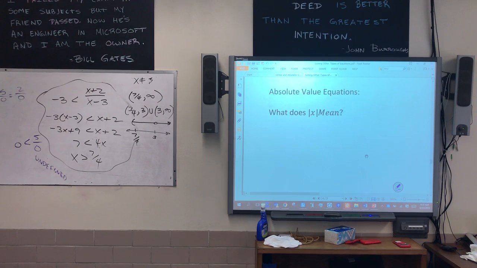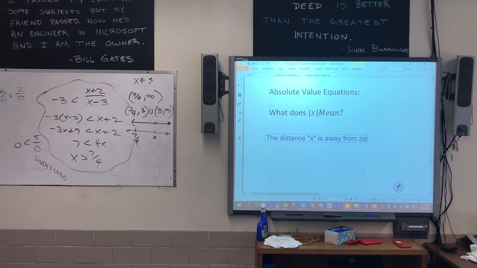What does absolute value of x mean to us? Any ideas? Any comments? How far away it is from 0. Okay. The distance. In this case, x is away from 0. Okay? So that idea, the distance x is away from 0, the distance something is away from 0,